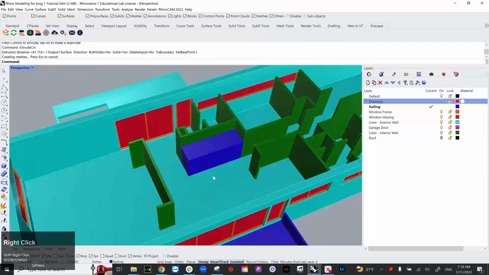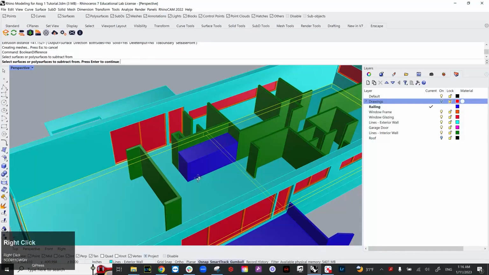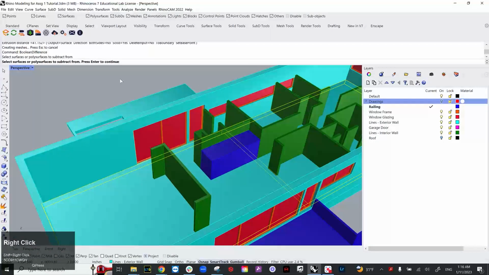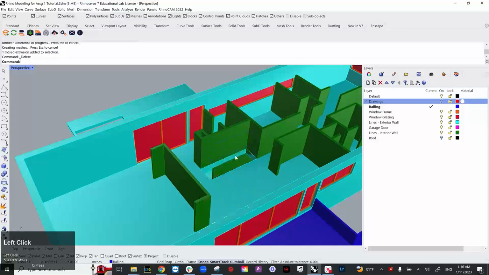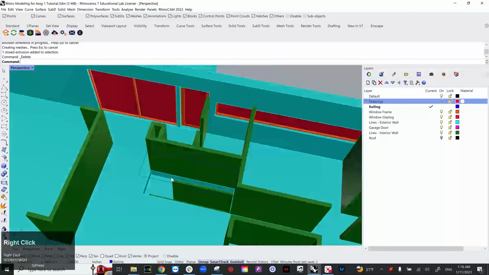I'm going to Boolean difference between the floor slab of the upper floor to this over here. So now there is an opening,